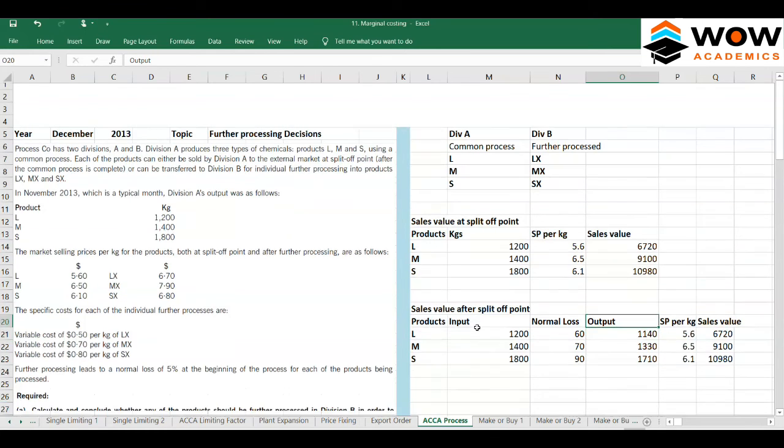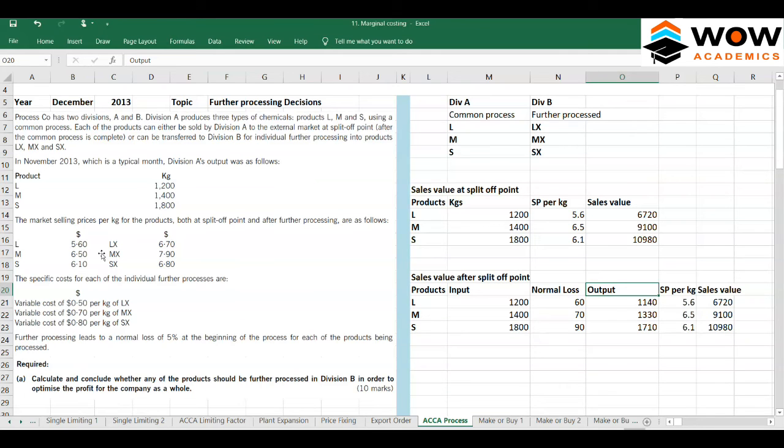So what would be our selling price? Our selling prices are 6.7, 7.9, 6.8. So we got two sales values here, one is this one and the other one is this one. Our job is very simple: find out which has the highest sales value. So L or LX has a higher value, so further process it. M or MX, which has a higher value? MX, so again process it. S,